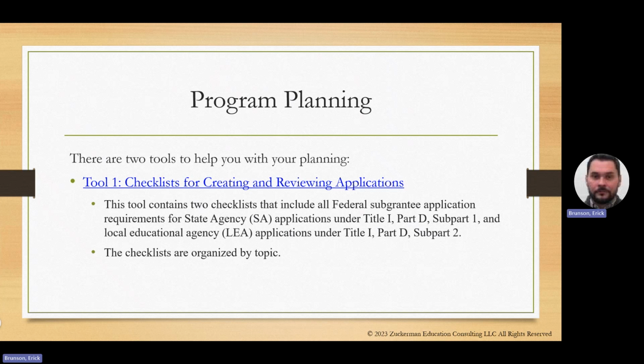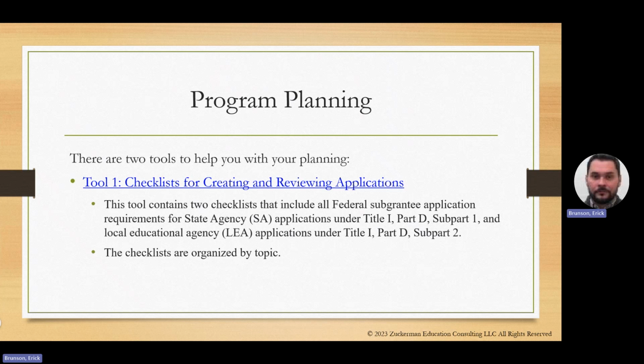Just as a last name Z, when I taught elementary school, we lined up in reverse alphabetical order much more frequently than Miss Andrews might have. Us Z's learn that we need to start at the end sometimes. So if you go to page 6, page 6 starts with subpart 2, and you can see again, this is a checklist.